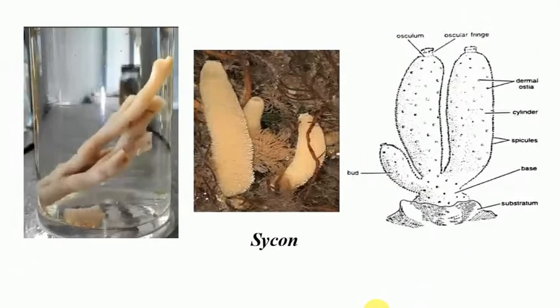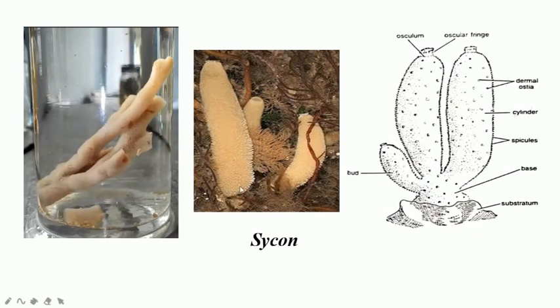There are pores in their body, and through these pores various processes occur, like nutrition can occur. Release of water can occur, intake of water can occur. All these things are performed through these pores. So the first specimen is the Cycon or Sycha, and you can see in the middle picture, this is the